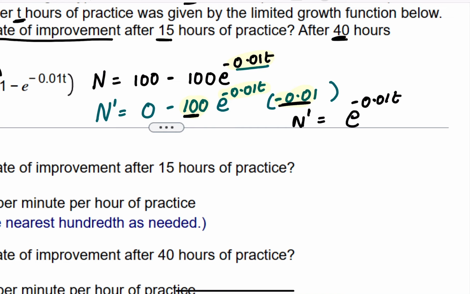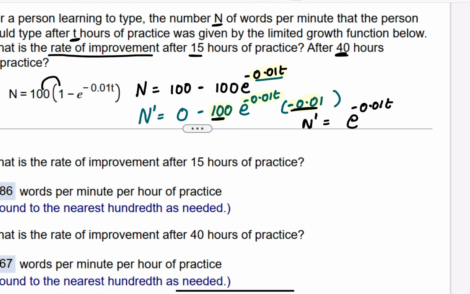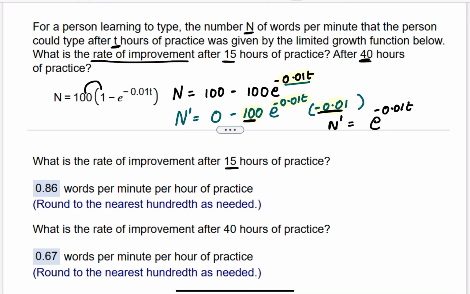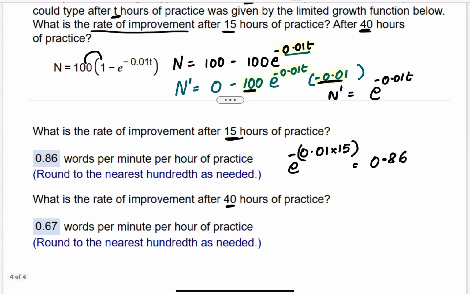Now what they're asking me is, what is the rate of improvement after 15 hours? Okay, this is e to the power negative 0.01 times 15, and that should give you 0.86. Now they're asking me what's the rate after 40 hours. That is e to the power negative 0.01 times 40. That should give you